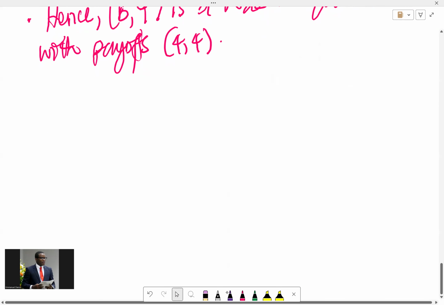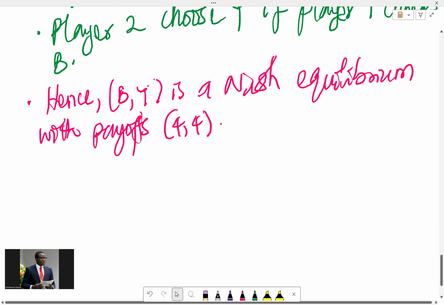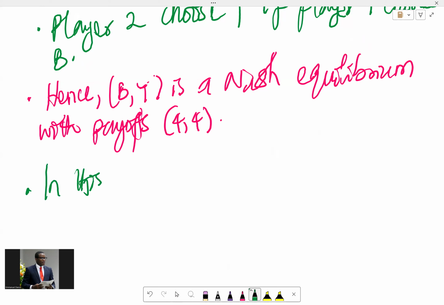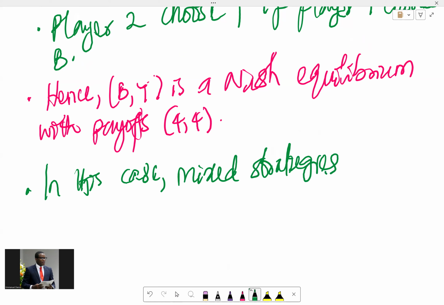Okay. So now one question you may want to ask is, is mixed strategy important in this case? Well, the fact is that in this specific case, mixed strategies are not required to find the Nash equilibrium because the game has a pure strategy Nash equilibrium at BY. So mixed strategy is totally not required. All right. So in this case, mixed strategies are not required,